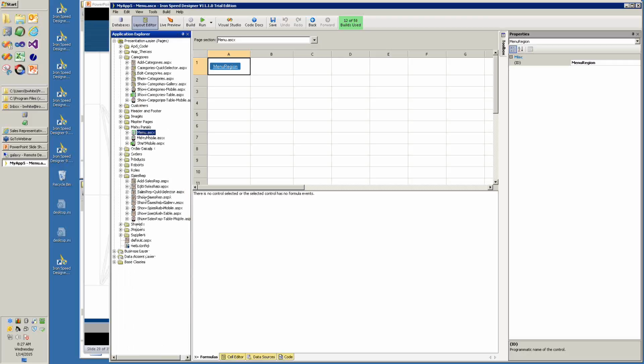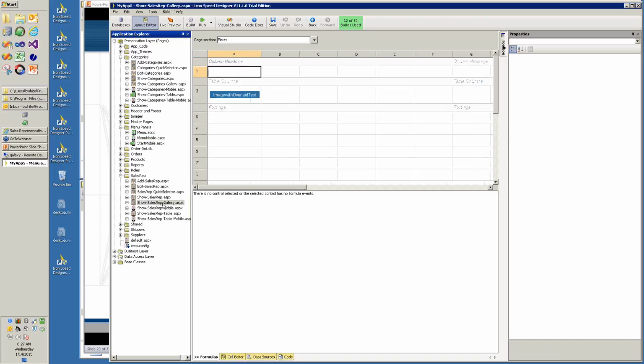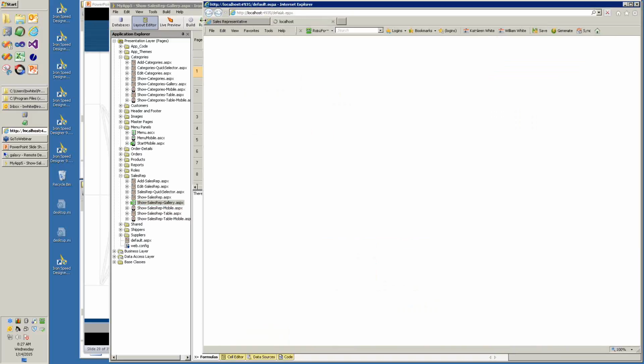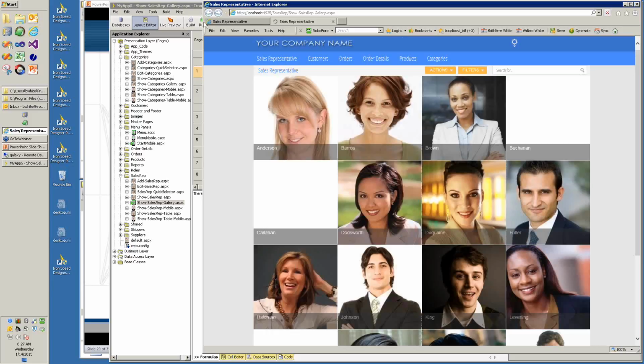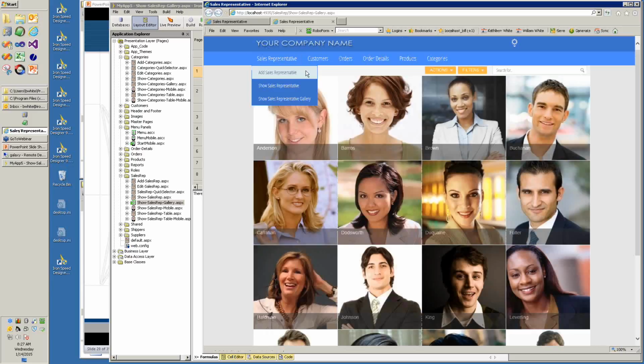The sales rep has a gallery page, and all we do is select that, right-click on it, and say Set as Web Start Page, and then we'll start with that. So now when we run our application, when it first starts, when our customer goes to our website where we have this deployed, we'll get the page we want with the order of the menus we want. We also need a much better